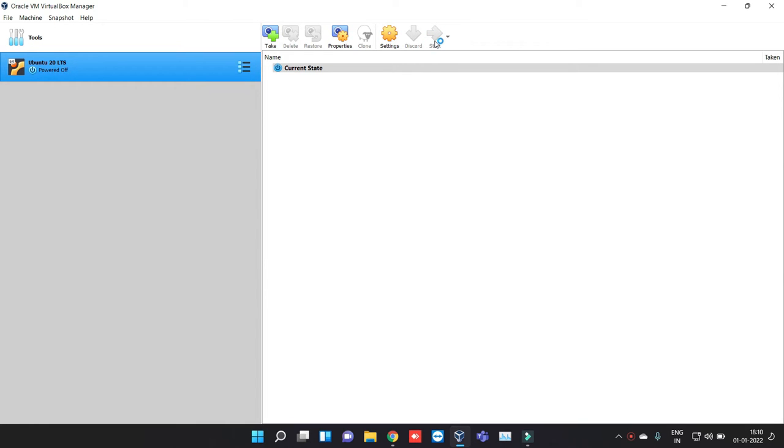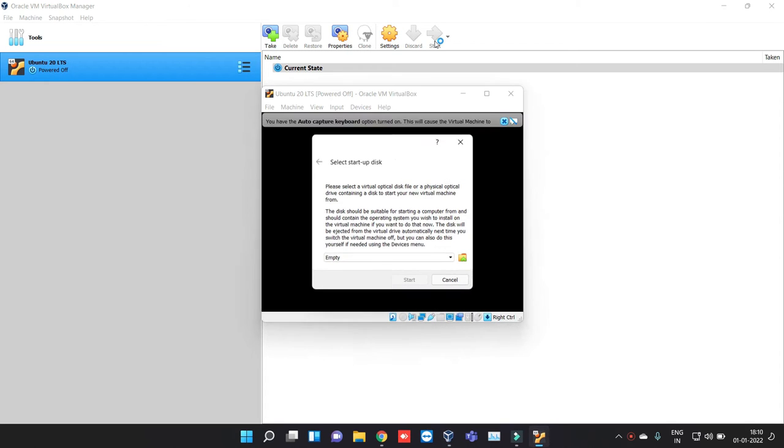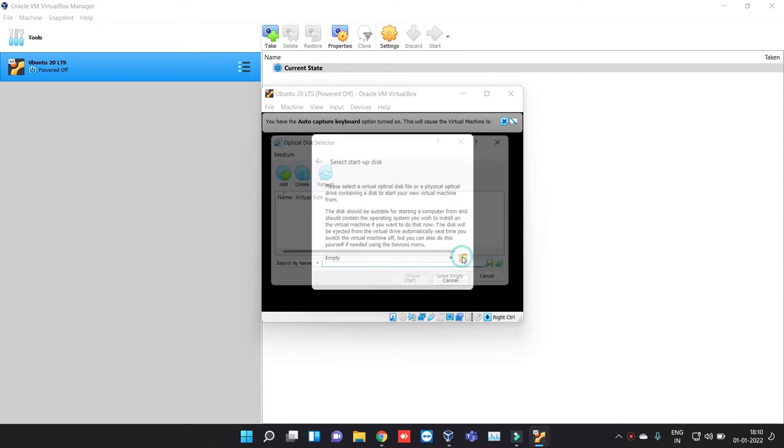Here it will ask about the operating system image. So select your hard disk. Please select your virtual optical disk file or physical optical drive containing a disk. I'm clicking on my file manager.